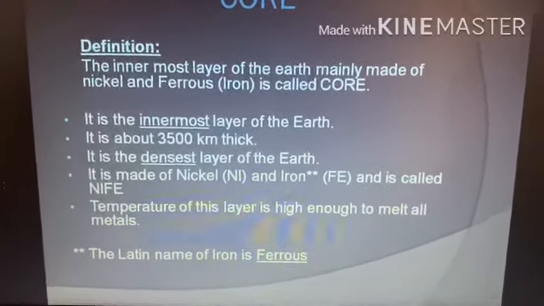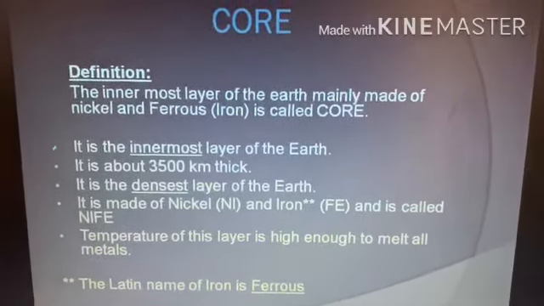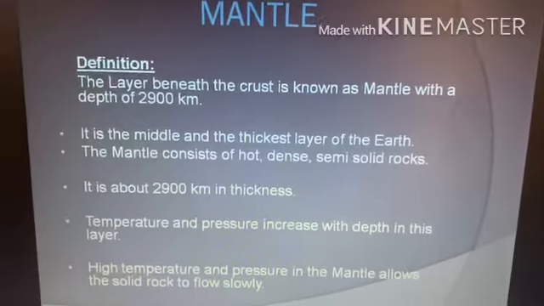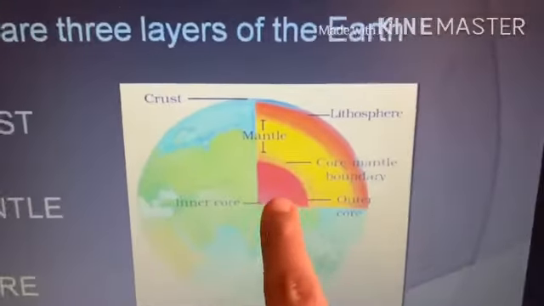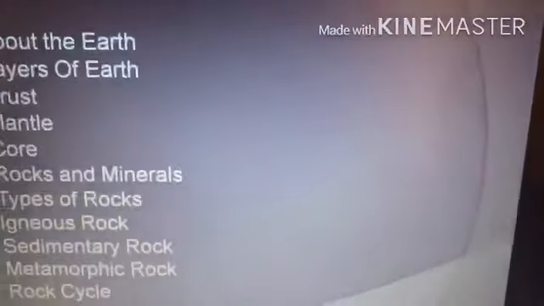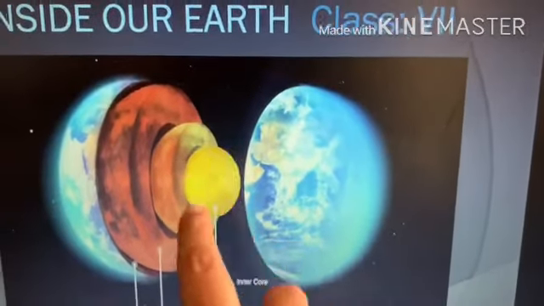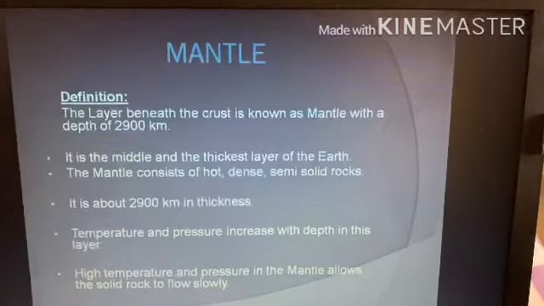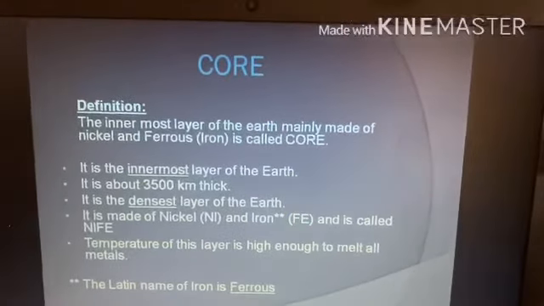3500 kilometer. Okay, so now अभी तुम लोग पूछोगे कि मैम हाँ 3500 इसका है तो मैंटल का 2900 किलोमीटर थिकनेस है. सो वाई मैंटल इज द वेरी मच थिकेस्ट लेयर? बिकॉज दिस इज द core is shaped just like round shape. Okay, so see this is the shape of core. Okay, round shape. So that's why the mantle is the thickest layer and the core thickness is the 3500.